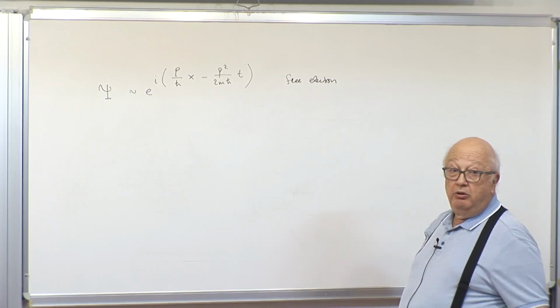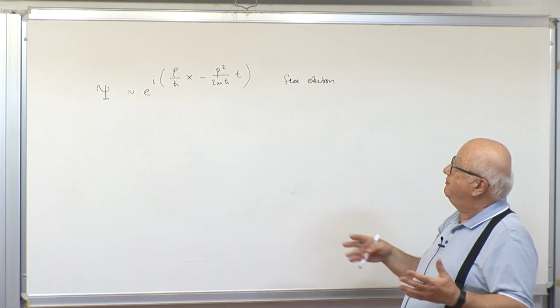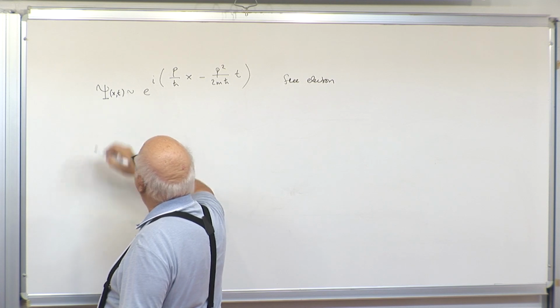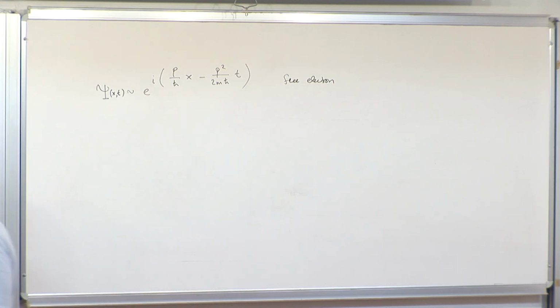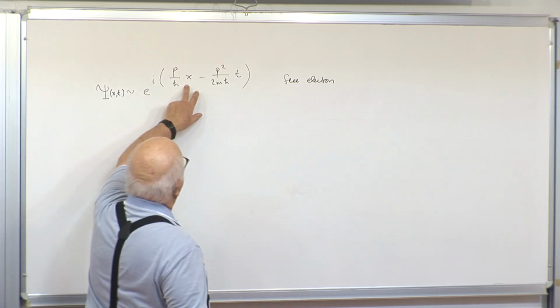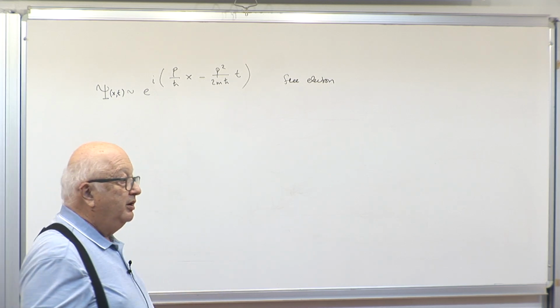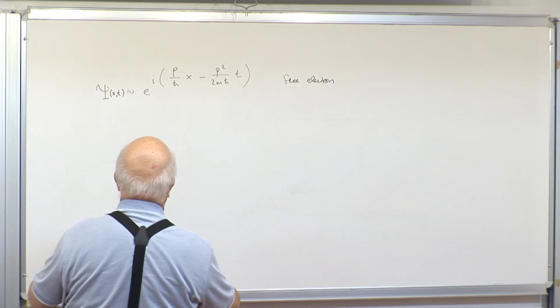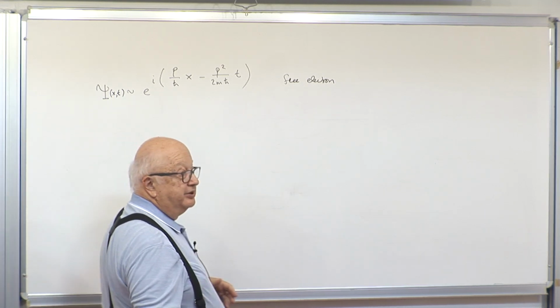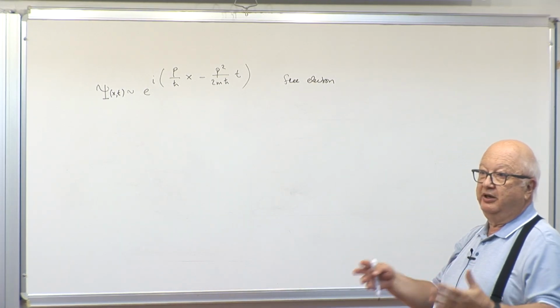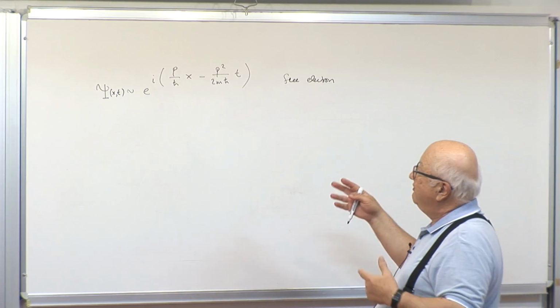Okay, so now let's try to just find a differential equation. So this psi is in general a function of x and t. And how could I construct an equation, a differential equation for psi, which involves these variables x and t? So I want to differentiate with respect to x and t in order to get a differential equation whose solution is going to be this thing. So we are sort of working in reverse. Normally you have a differential equation, and you try to solve it to find the function. Here we are trying to motivate the